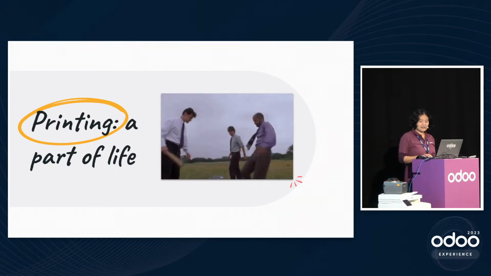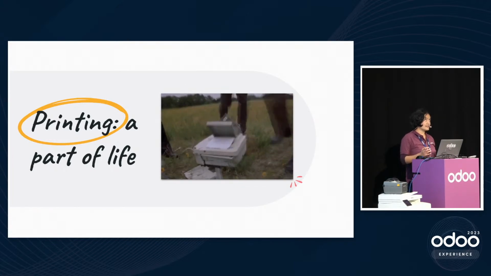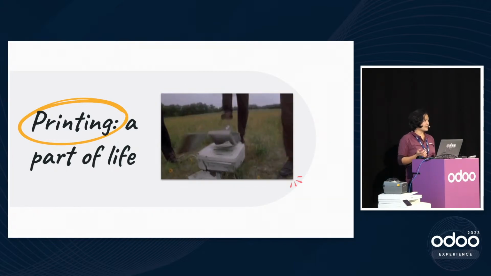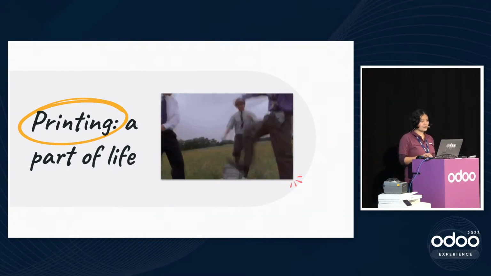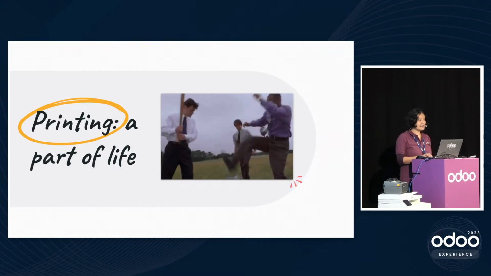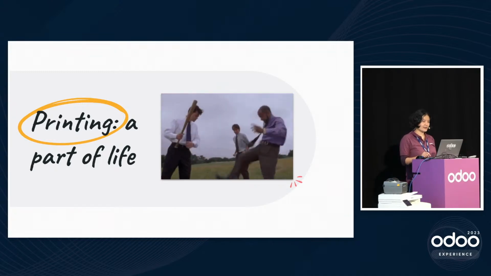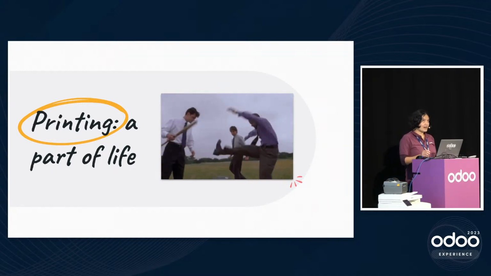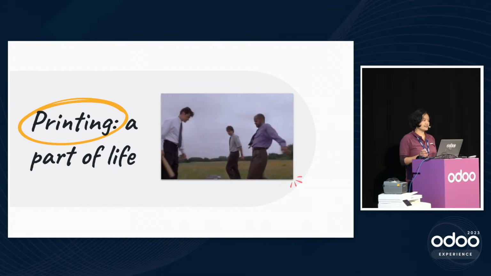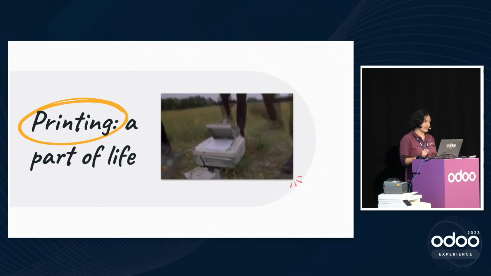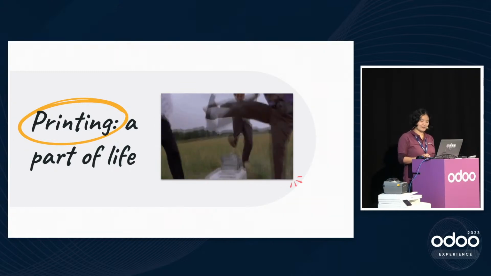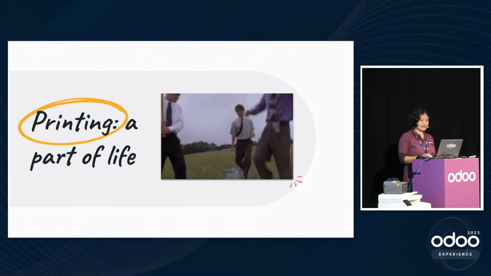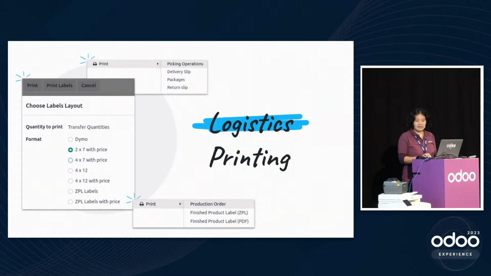Within the logistics apps, which include both inventory and manufacturing, as well as a few other apps, we have a few places where people may want to print things, and they may be tired of having to look up every time, okay, I need to print my delivery slip, for example. So I have to click the print button after I'm done. Okay, but now I also need my labels. Now I need to click on my label button. So what we did is we added a new feature where now you can choose to automatically print